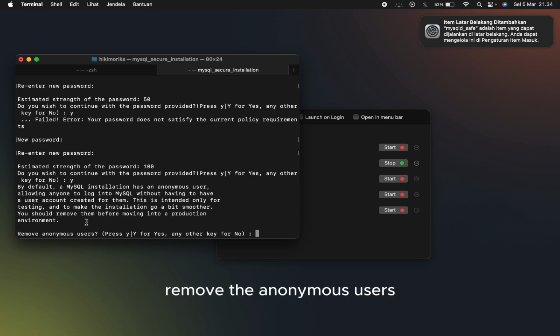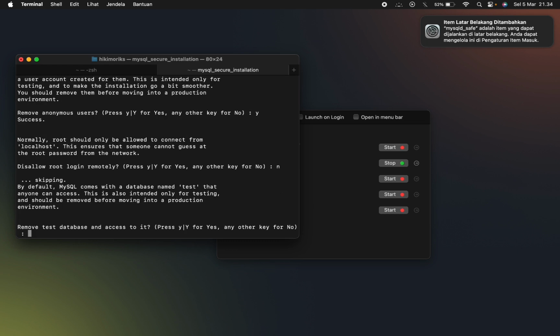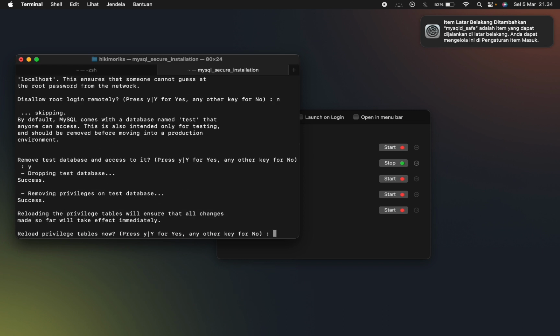Remove anonymous users? Yes. Normally, root should only be allowed to connect from localhost. Disallow root login remotely? No. Remove test database and access to it? Yes.